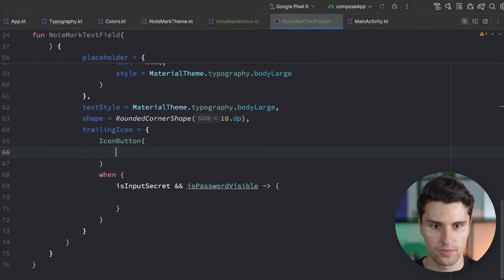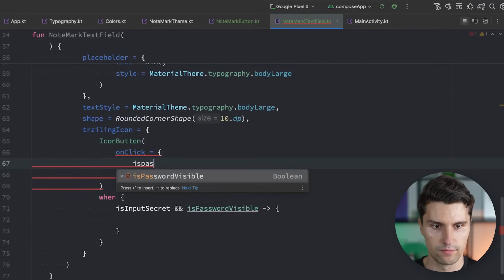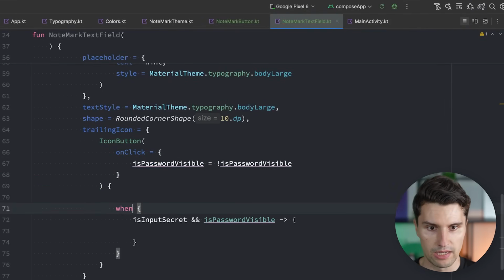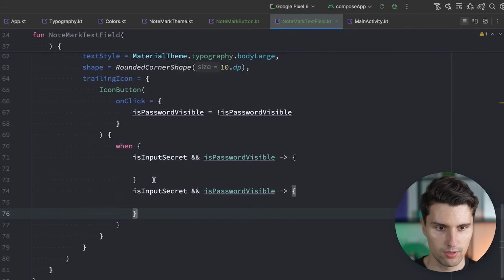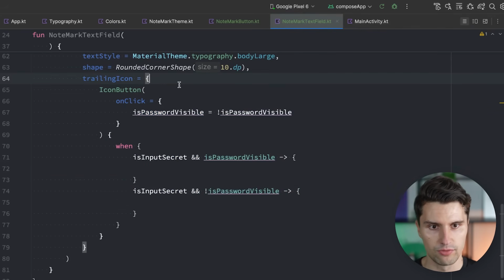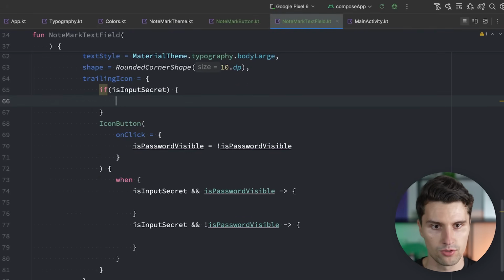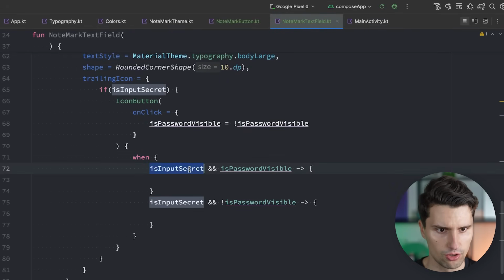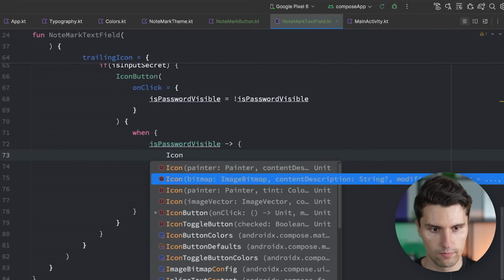in an icon button. So on click, here we would say is password visible is equal to is password visible negated. And in here, we then conditionally show a different icon, either if the password is visible or if it's not visible. Actually, we only want to show this icon button here if our is input secret is true. So only if we want to have an icon, then we actually don't need this here in the when expression. Then we can say if password is visible or if it's not visible, create an icon here with an image